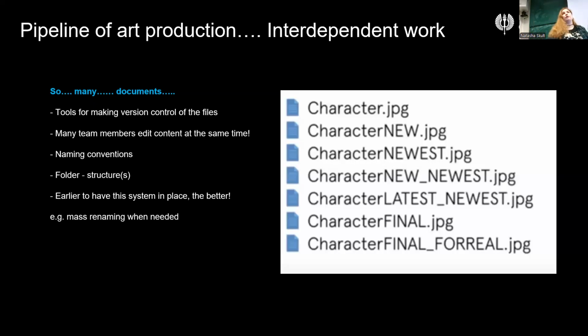Especially if you're doing solo projects, you have to handle everything yourself. So it's even more important that you create your own system, so that you have less headache in the future, because there will be different headaches coming your way.